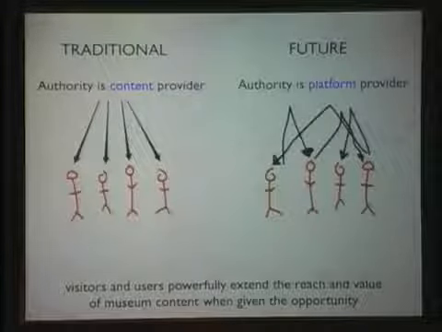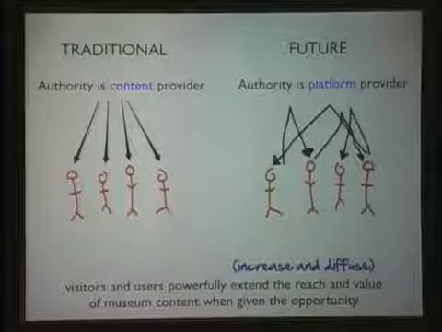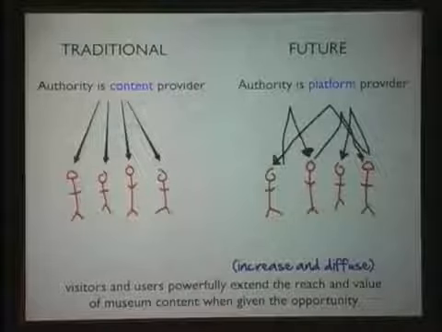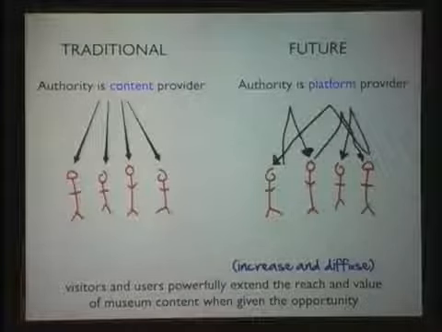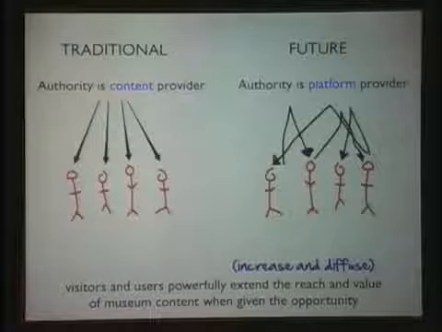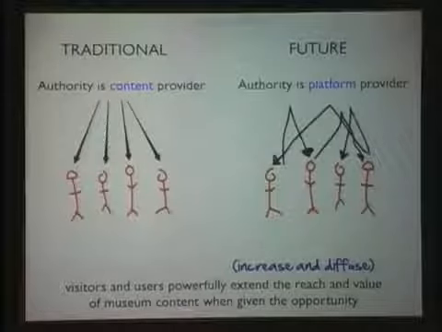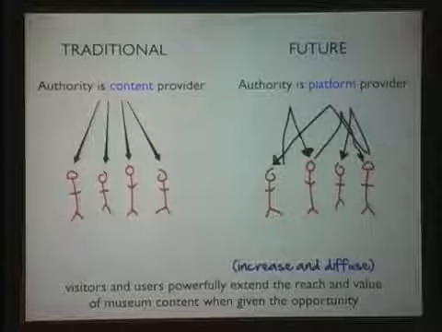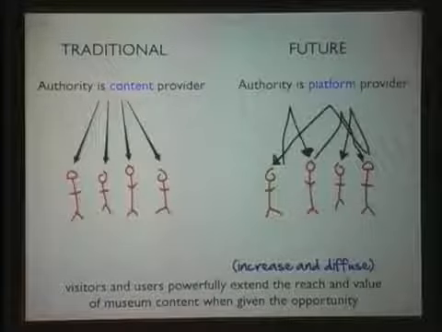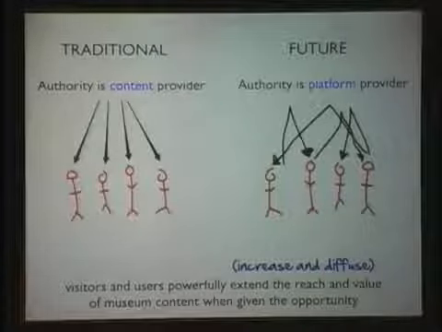But there are real opportunities with it, and as I looked back at this sentence, putting together this talk, I realized that a lot of this comes back to some of the core mission around the Smithsonian, which is about increasing and diffusing knowledge. And I think the word diffuse is really interesting, and I don't want to make too many presumptions about what it meant in the mid-1800s, which might be different than what it means today. But the idea that there is sort of this global game of telephone happening through the content in the Smithsonian really speaks more to this platform concept than to more traditional ways of delivering knowledge content that museums are more